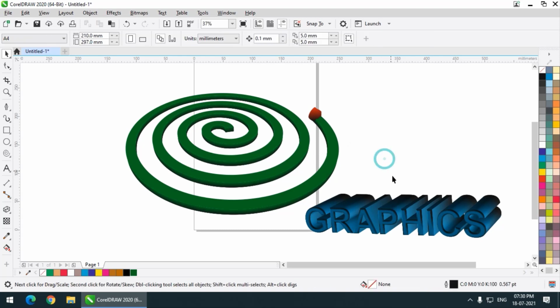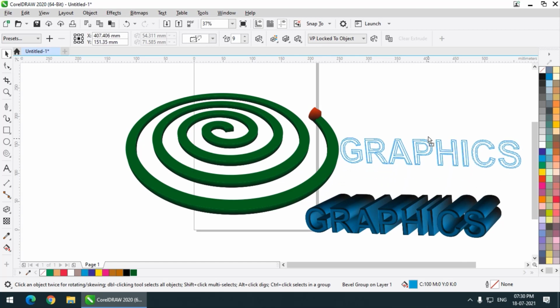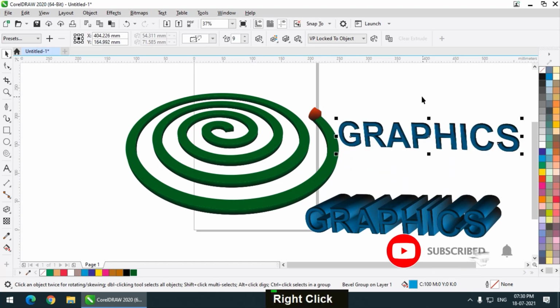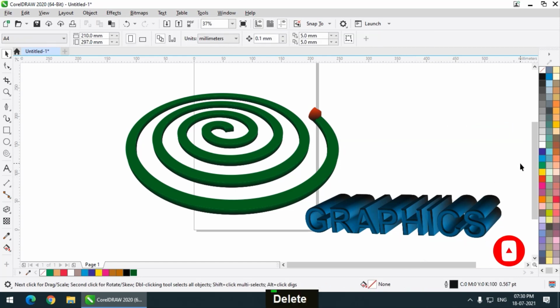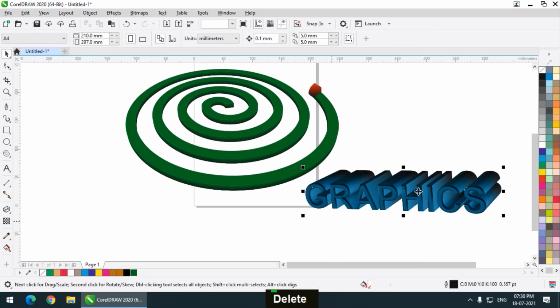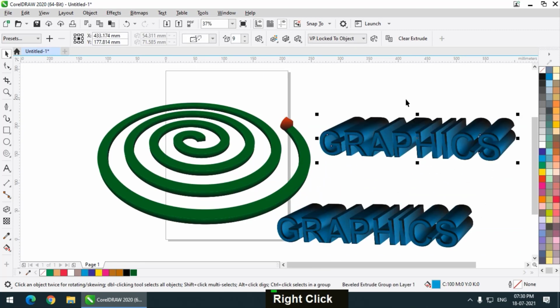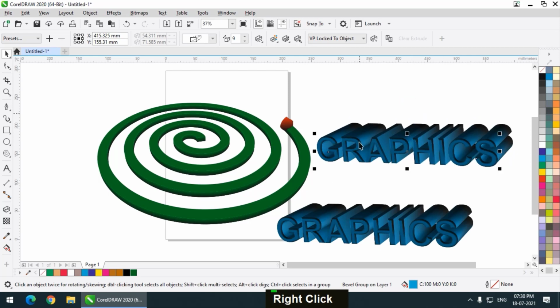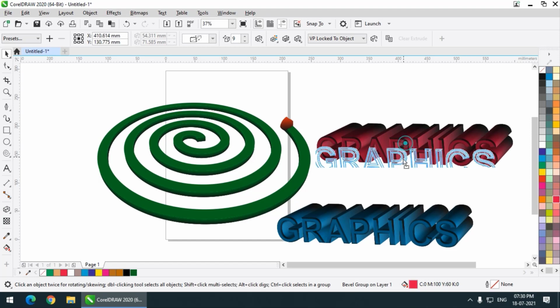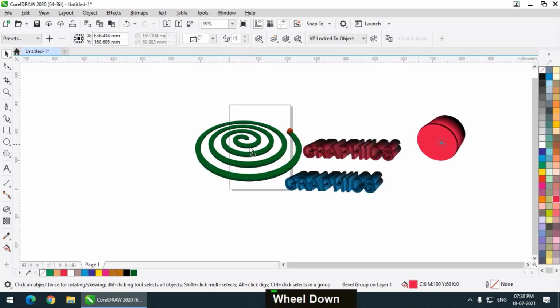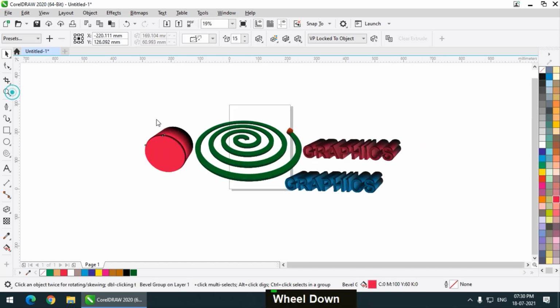And one more tip. Let's say I want to copy this particular object, but if I click on the front section and drag it and right click, only the front section will be copied. So before copying it, select the entire object like this, then copy, right click. Only then will the extrude be copied. So remember this tip, it's a very useful tip. So this is how it will look. So this is basically the extrude tool.